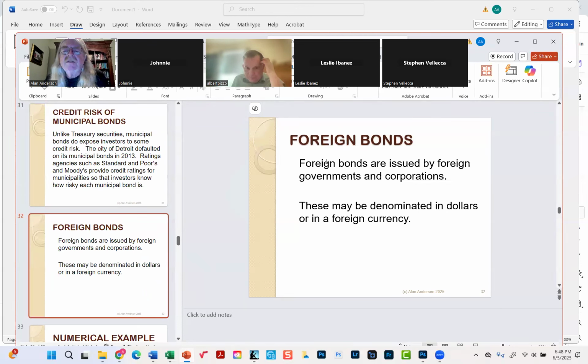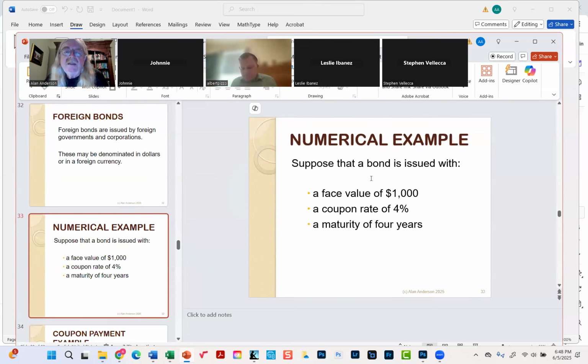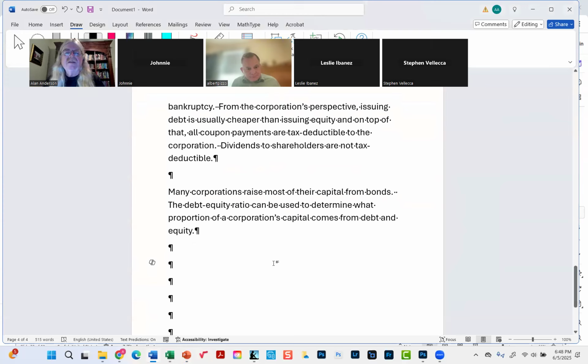And of course, foreign bonds, we do know that foreign companies and foreign governments do issue in the United States. Now, we're finally going to get a chance to see how bonds are priced in the marketplace. Like if you look in the Wall Street Journal, for example, at a bond price, suppose you looked and you saw this quote,